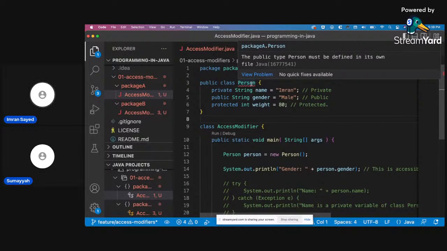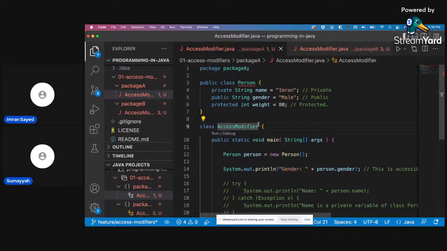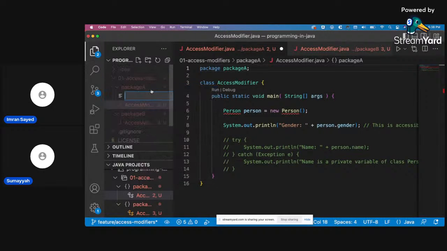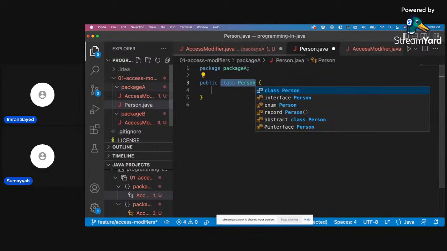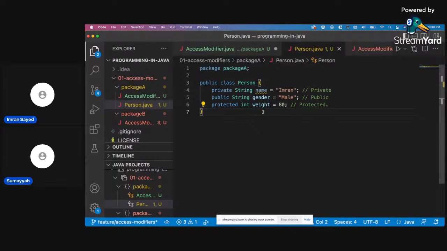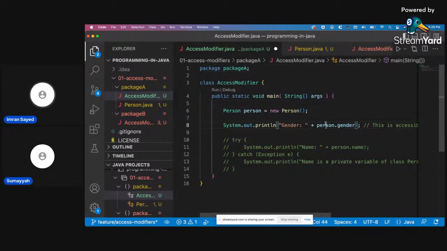Then you have to put it in its own file. Okay, that works.